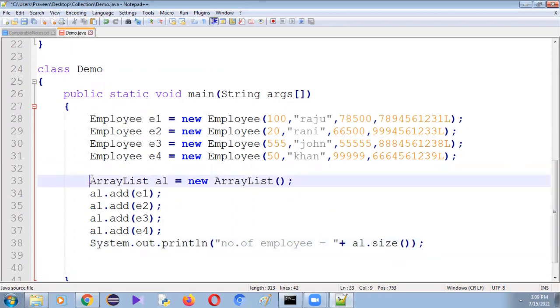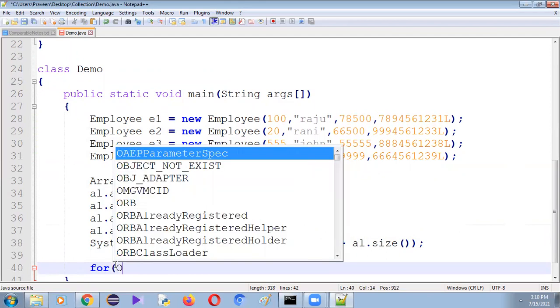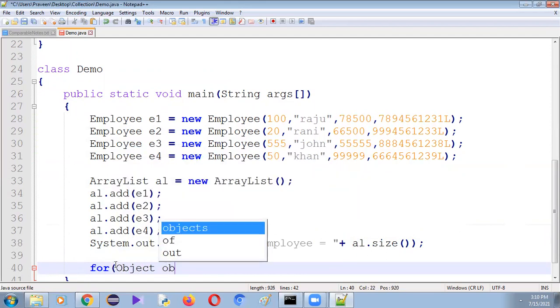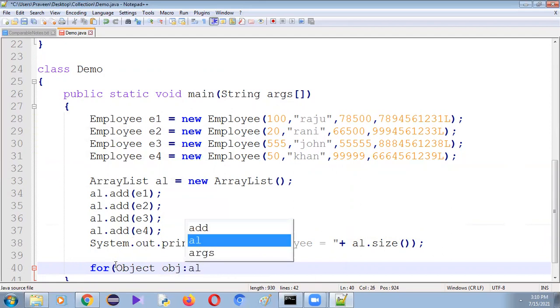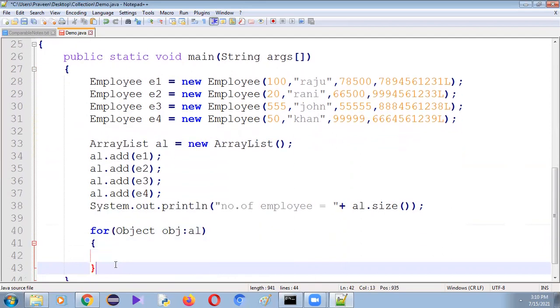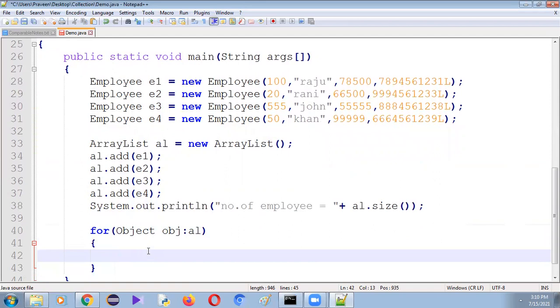Now, up to now, the ArrayList. In the first video of the collection framework, I said that collections are used to store the data. Inside this ArrayList AL, we are storing the employee objects, and it is also used to retrieve the data. So how to retrieve the data? Let me use a for-each loop: for (Object obj : AL).